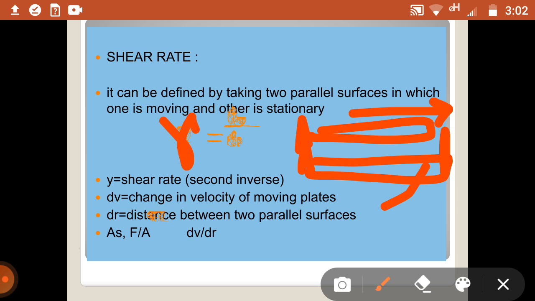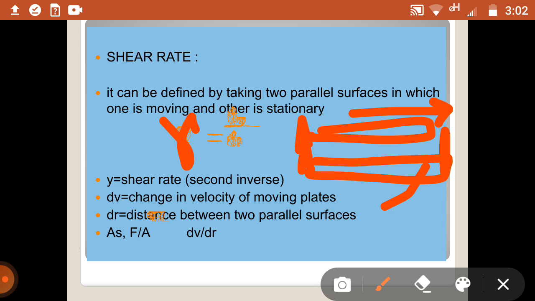That's the difference in velocity between the two parallel planes of liquid. One is moving with some velocity and the lower one has zero velocity. At zero velocity it is not moving, and as the force increases, the liquid layers start to move. So there's a shear rate and force per unit area. As I told you at the beginning of our lecture, force per unit area is directly proportional to the change in velocity upon the change in distance.